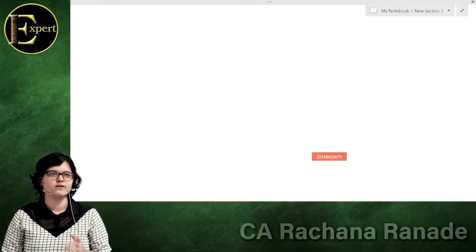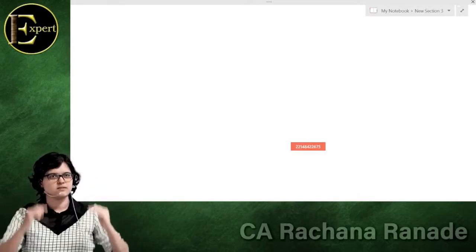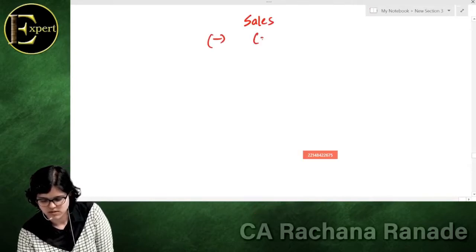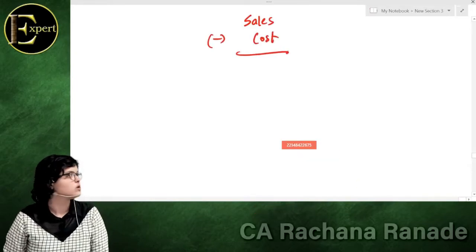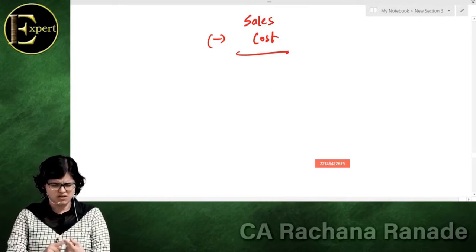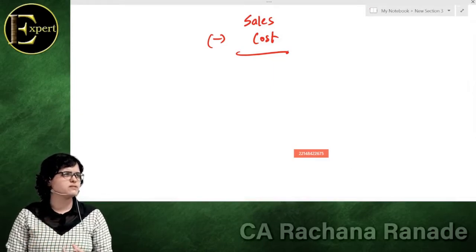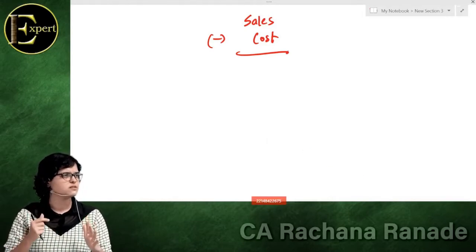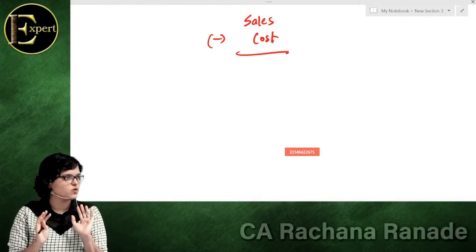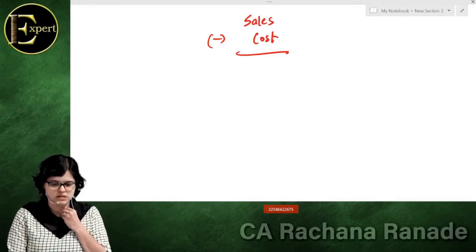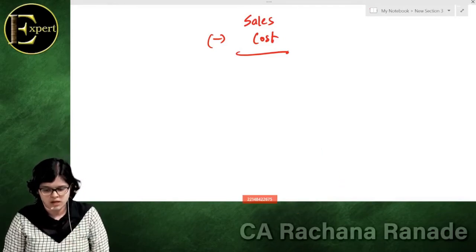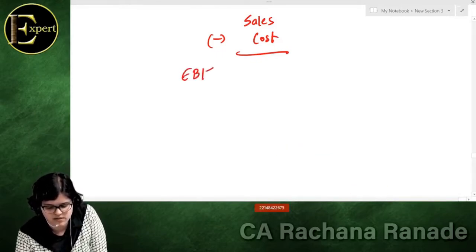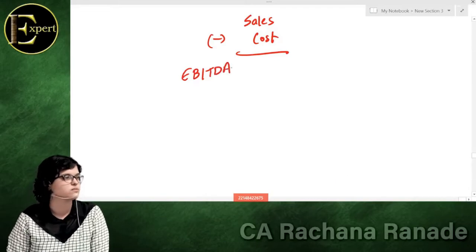What was that? First, right at the top, we have sales. From sales, what do we deduct? Basic cost. What does this include? Your raw materials, your labor payments, your advertisement expenses, telephone expenses, wages, all these operations you require for your basic operations. These are deducted from here. Then what are we left with? Earning before interest, tax, depreciation and amortization.